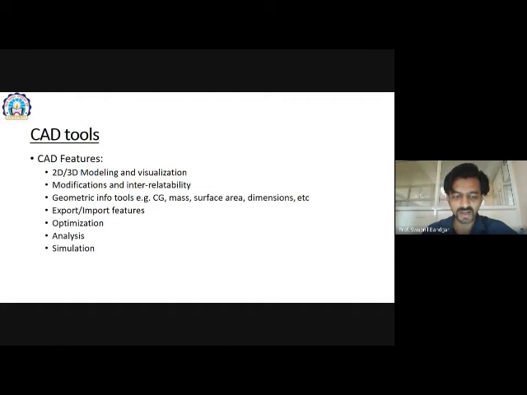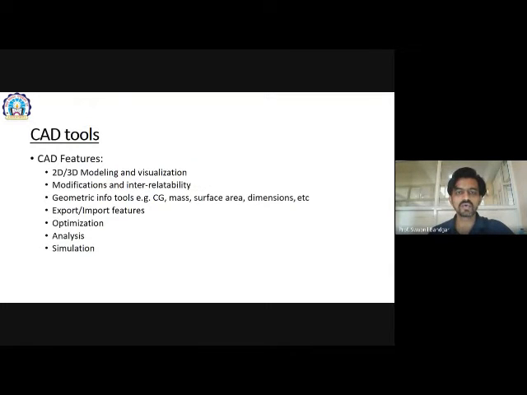Interrelatability means if you define that a part will be at the edge of a second part, and if you change the second part, then the related parts will also change. So all the components can be defined with respect to the previous component, and if we change one component, all other parts change.